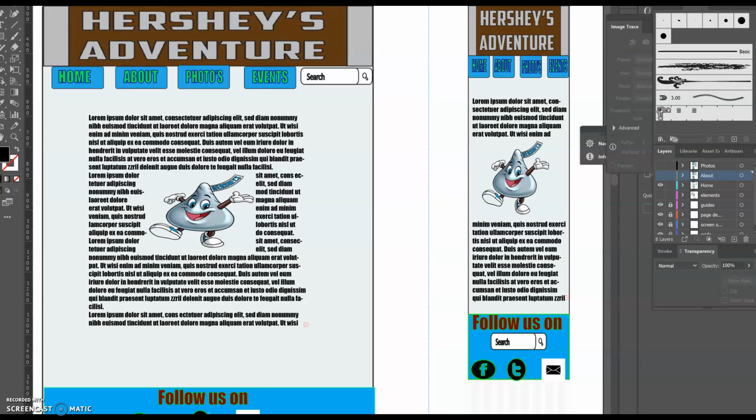Hi everyone, for my course project I decided to do a family trip on Hershey Park. Hershey Park, I would say, is like 40 minutes from where I live, and instead of using their theme name, I created Hershey's Adventure, where I have my little Hershey bar that's on top of here, and here's the navigation